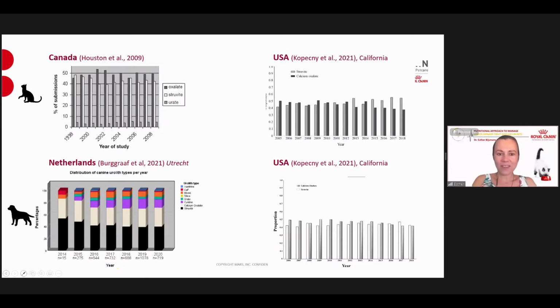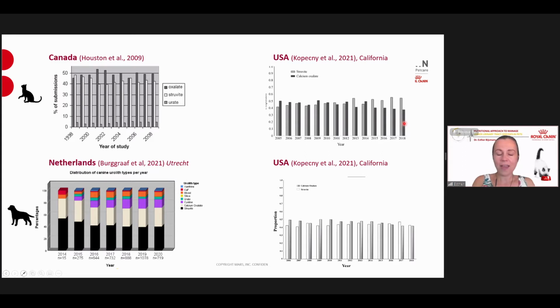Now, more recent studies can start to see shifts in this pattern again. So let's look at this again. This is a study from Canada, again in cats, showing a very similar thing to what we talked about just now. But this is a recent study just published early this year from the US. And what you can see here is in black the calcium oxalate stones and in gray the struvite stones. And over time, approaching 2016, 2017, and 2018, you can start seeing the struvite stones taking the overhand again in